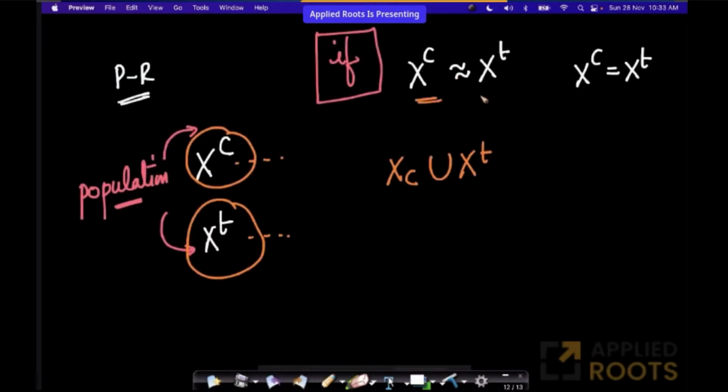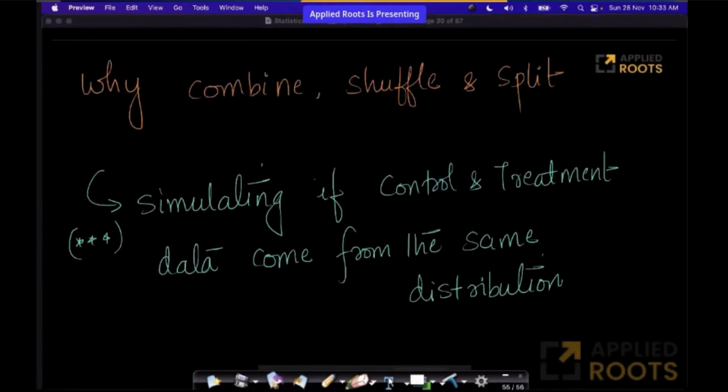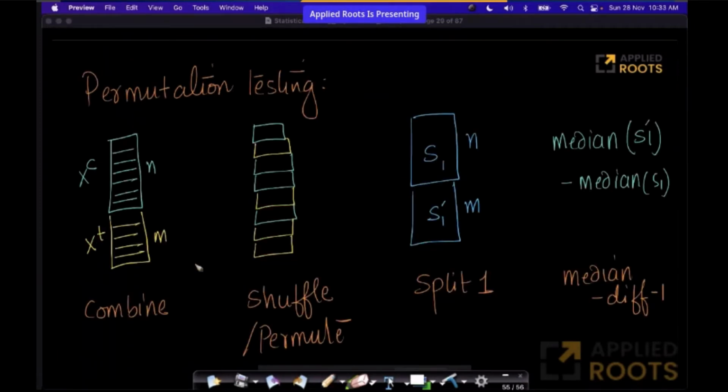between xc and xt, which means they come from the same distribution. Let's say there is no difference between the distributions. Then, if I shuffle all of them, here comes the fun part. This is probably the trickiest part to digest. Now, by combining them and shuffling them, I'm mixing all these values, right? This is actual data. Let's not forget that. And this is the only data that we have, these n plus m observations. Now, by mixing all of them and then randomly splitting this into a group of n and m elements, I